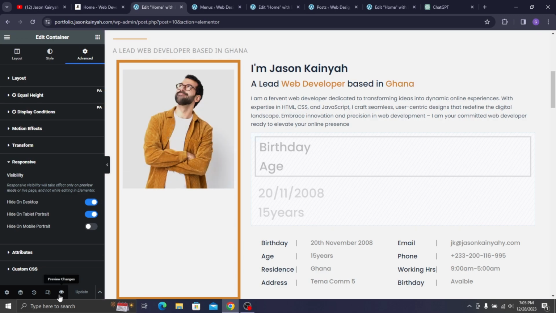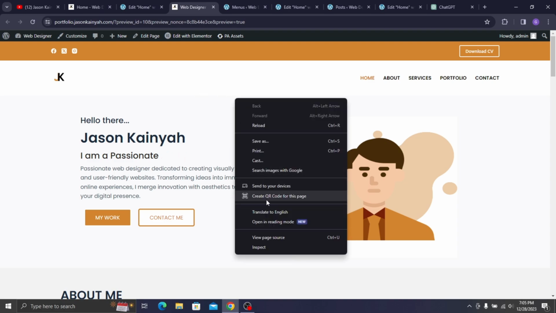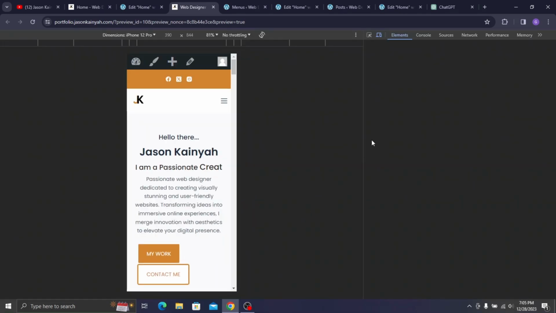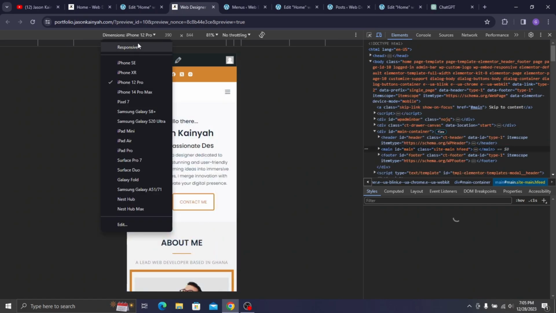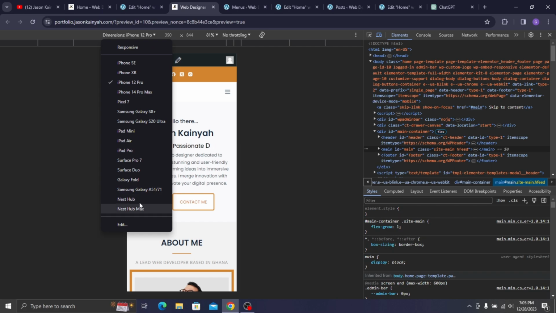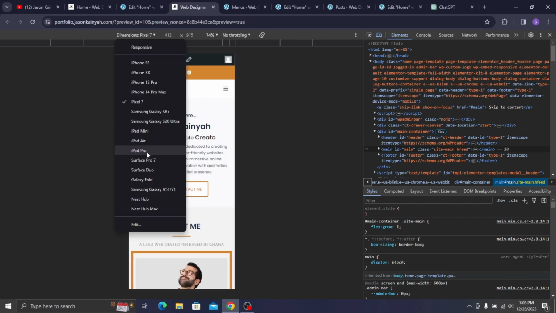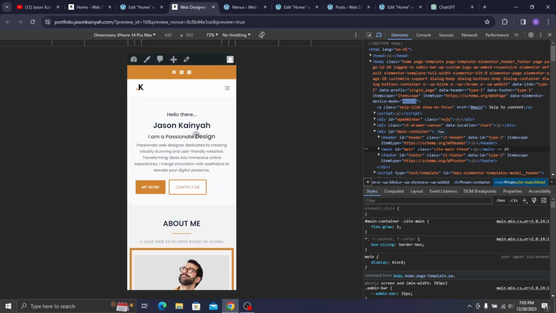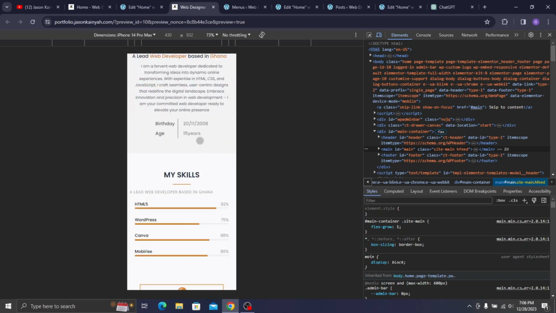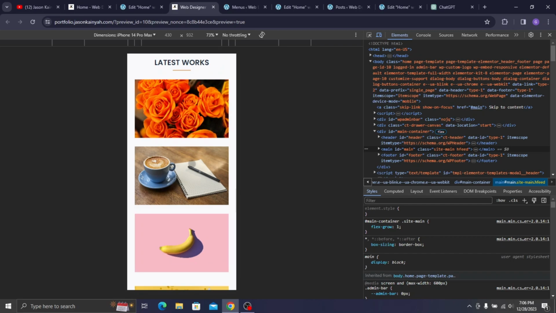So now let's see what we've done, right? If I preview our changes right now, I want to see how it's going to look on mobile. You can right click and then click inspect on the page. Okay, then over at dimensions here, this is for Chrome only. You can choose the phone you want to see it on. So maybe I want to see it on a Pixel 7, or maybe I want to see it on an iPhone 7 Pro, or maybe I want to see it on a 14 Pro Max. So I'll see how the thing I've designed looks, and you can see that all the changes you've made,